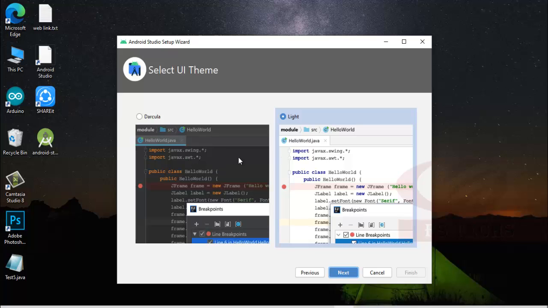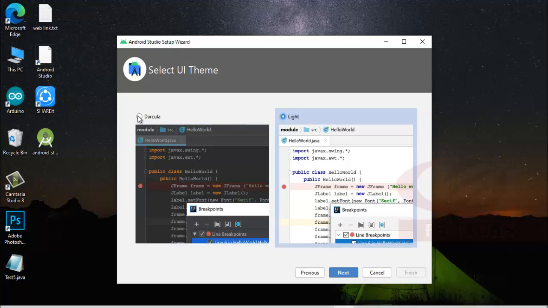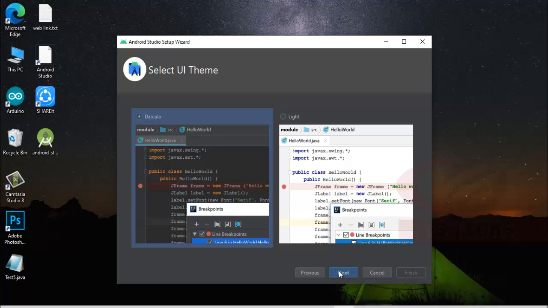And here you will choose one of them. If you want a black theme or a white theme, light theme, I will choose this dark color, or you can choose this light one, or whatever you want. I will choose this one, and here this is the difference. Okay, next,